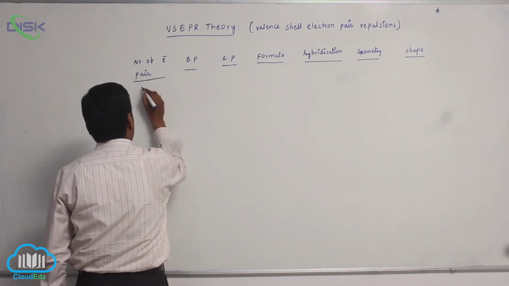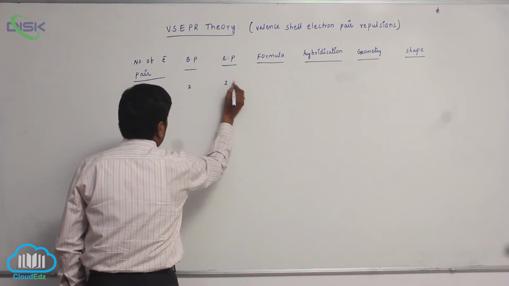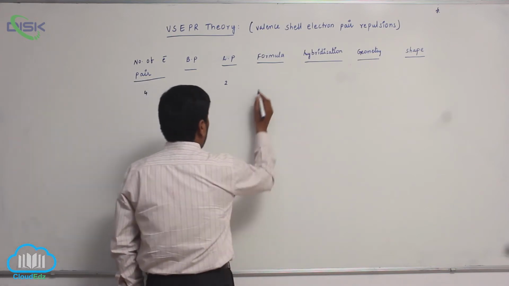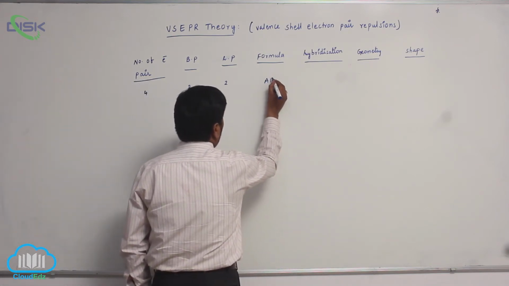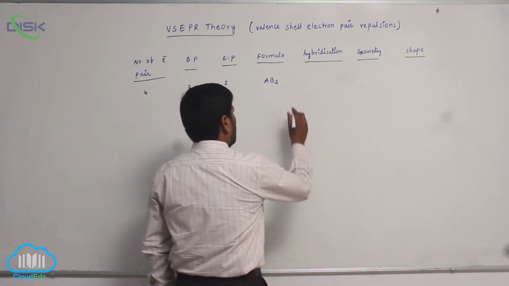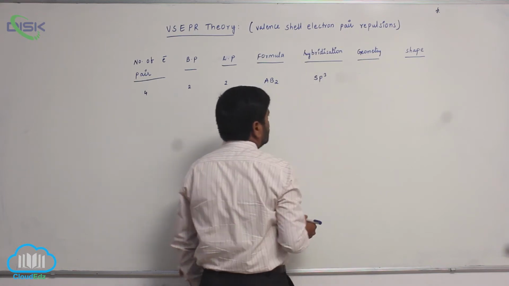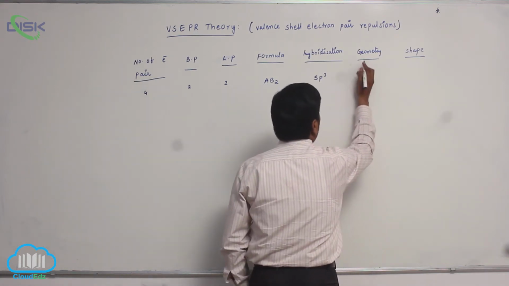Number of electron pairs equals 4: 2 bond pairs, 2 lone pairs. Molecular formula is AB2 type. Hybridization is sp3. Geometry is,